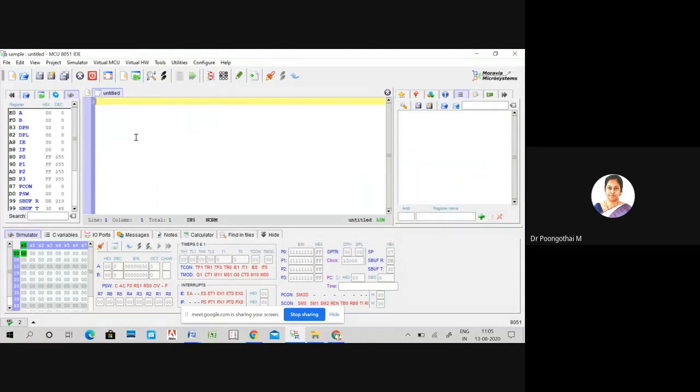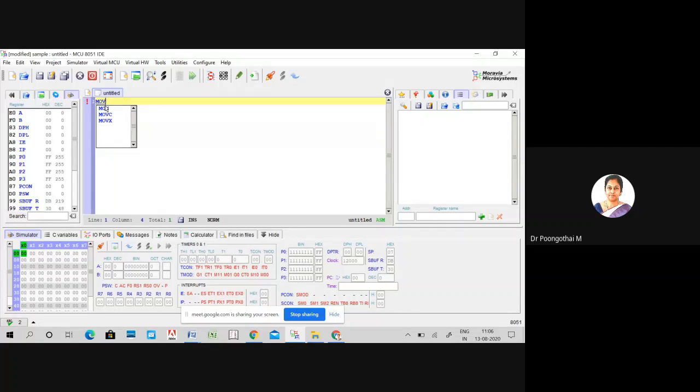So let's start with a simple assembly code, an addition program. This will highlight your syntax, okay? This option indicates whether you are entering a correct instruction or not.